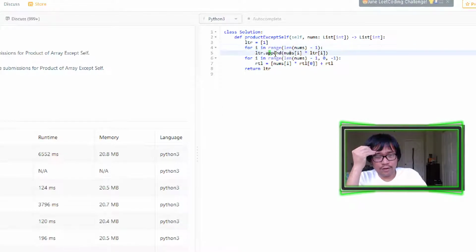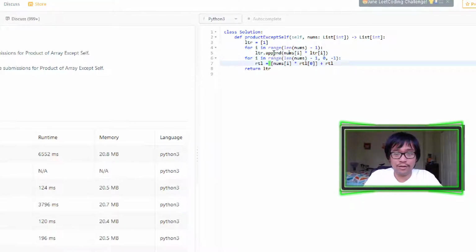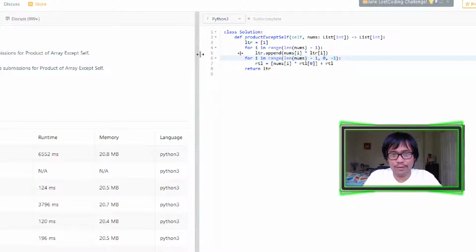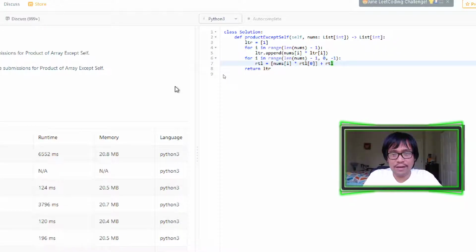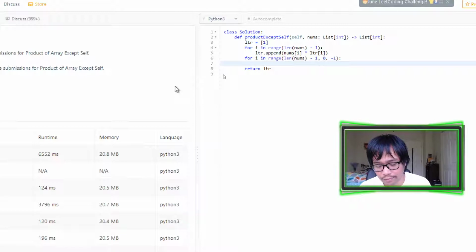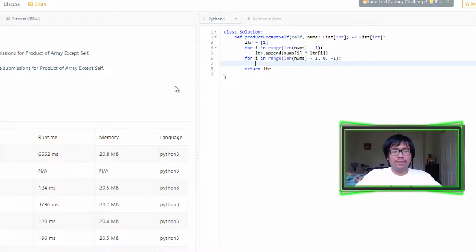Alright, so this is the super hard part, because it's really complicated. You have to do everything in place, and it may or may not be that simple. So I'm going to delete that because that's not what we're supposed to do there. So for I in range length of nums, next thing we're going to do is LTR of, I guess,